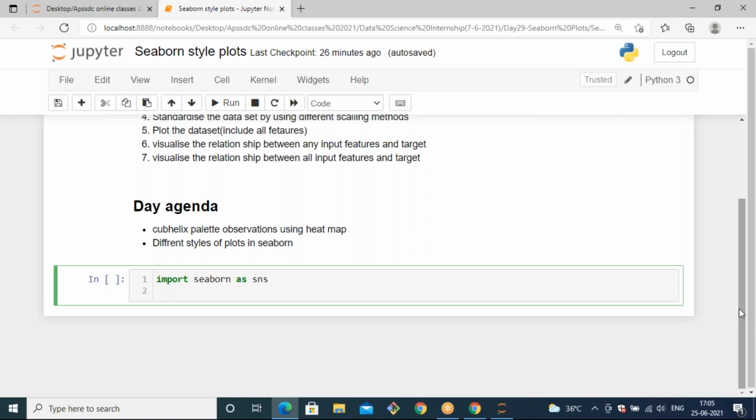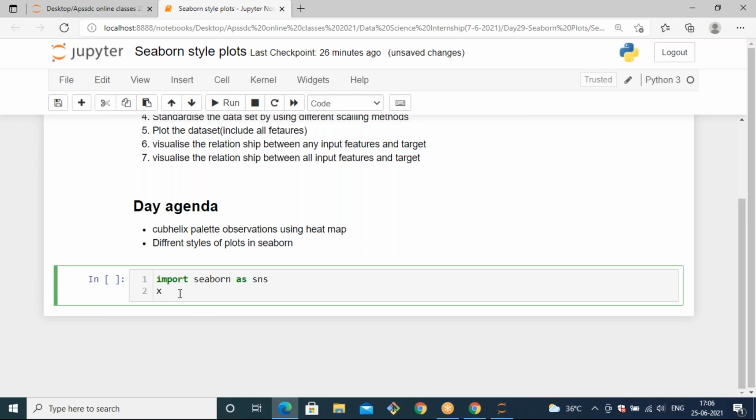We are generating one kind of random data, and with respect to that random data, we are going to apply the cube helix palette colors to that variable along with the heat map. We can apply the heat map to this x as well as the cube helix palette, so that you can easily observe how the color varies with respect to the data that the variable has.